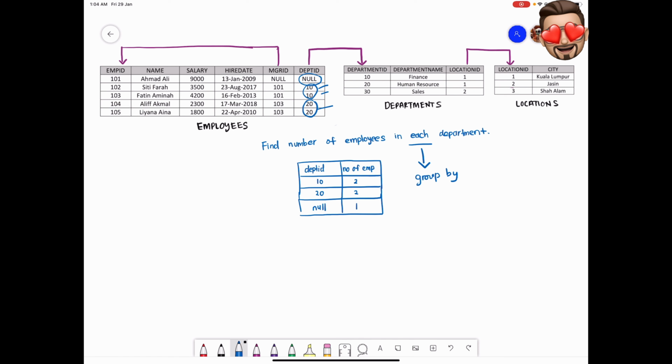Okay, so how to do the SQL for this one? It will be select. What do we select first? Department ID, then number of employees. Okay, so now we want to count. What makes an employee unique? Employee ID. So we want to count how many employees inside this department ID. Okay, so select department ID, count employee ID from